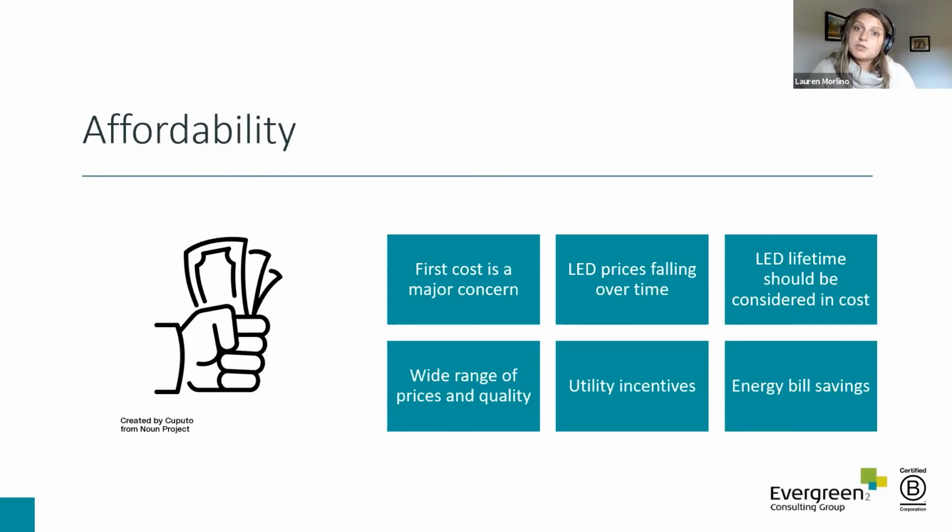With LED, you also have a potential to dim, so that can lead to energy savings, as Erico mentioned, and demand charges. So in a greenhouse, you can dim according to how much light you're getting from the sun. In an indoor grow, you may be able to dim depending on what the plants need, or even to help reduce load during a peak event, which could translate into more energy savings on your electric bill.